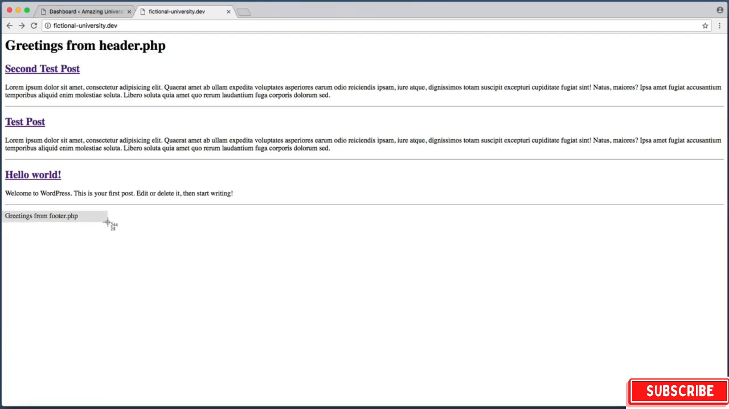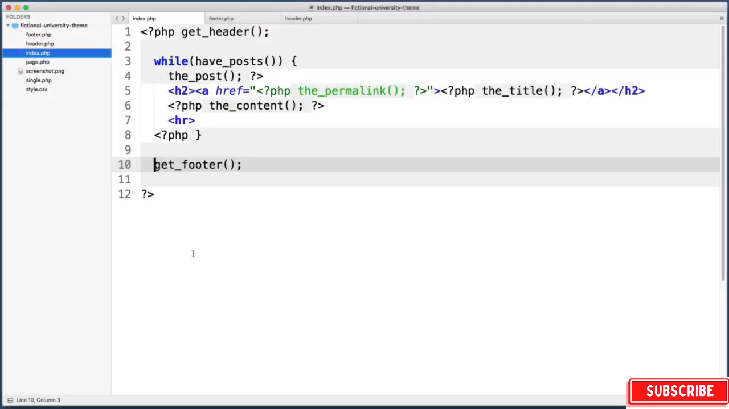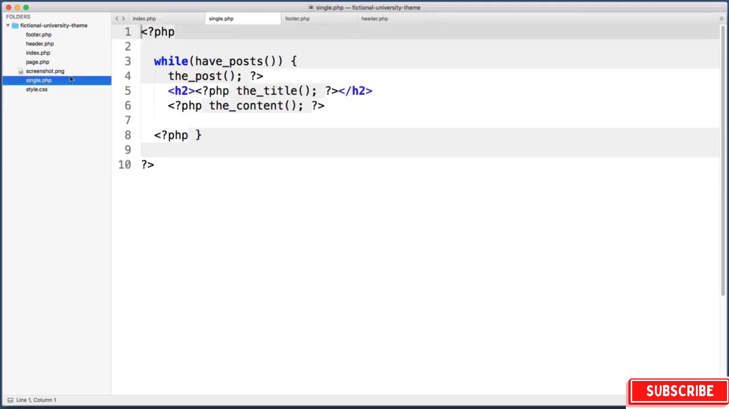Okay, with that in place, if we save, cool, greetings from footer.php, and if we click on one of the blog post links, we do not see the header or footer, but all we need to do is go into single.php and call those get_header and get_footer functions. So, back in the text editor, let's jump into our single.php file, and right before the while loop,